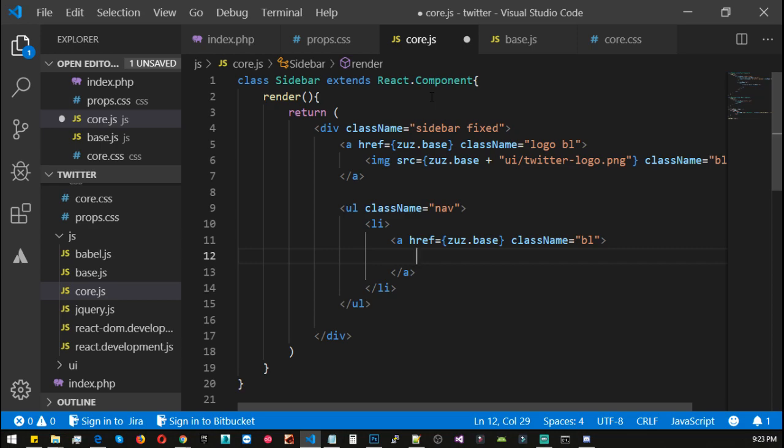Let's add the class name equals ICO, and the icon should be something like,